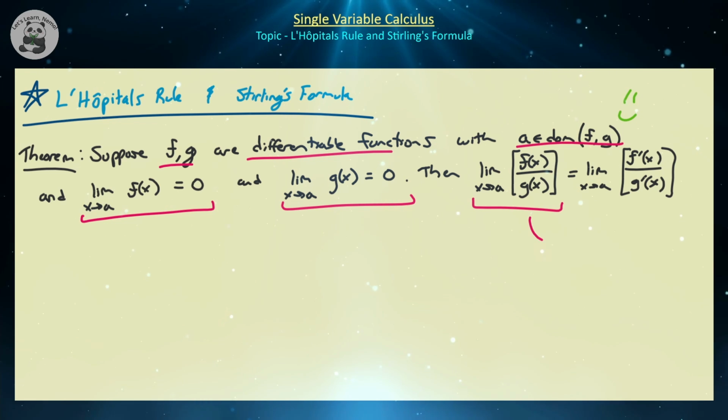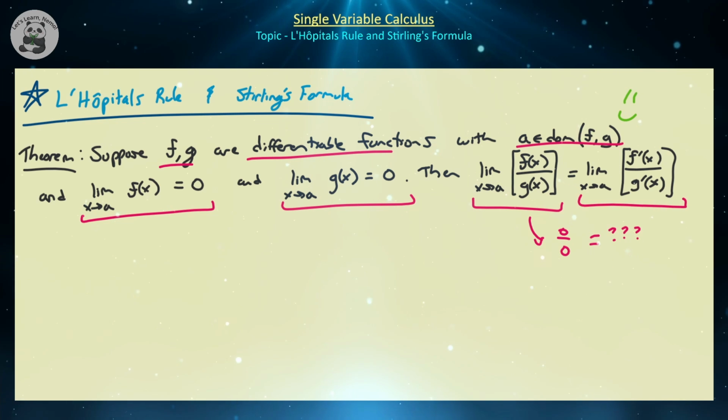Then, if we evaluate the limit as x approaches a of f(x) over g(x), which, with that predecessor assumption, would go to 0 over 0, what can we say about what 0 over 0 is? Well, it's not equal to 0, it's not equal to infinity, it could be equal to 5, it could be equal to 10, it could be equal to many things, right? But since we do not know what 0 over 0 is, since it's typically left as undefined,